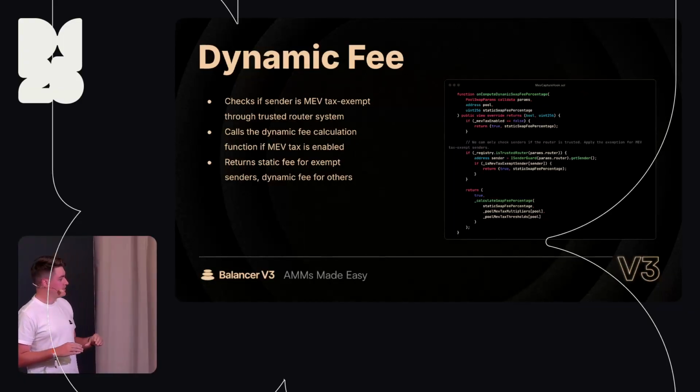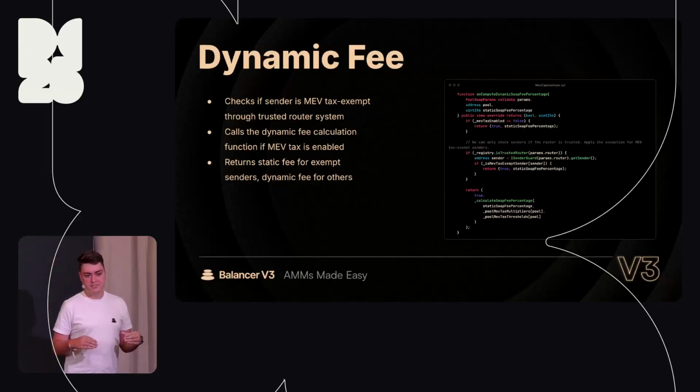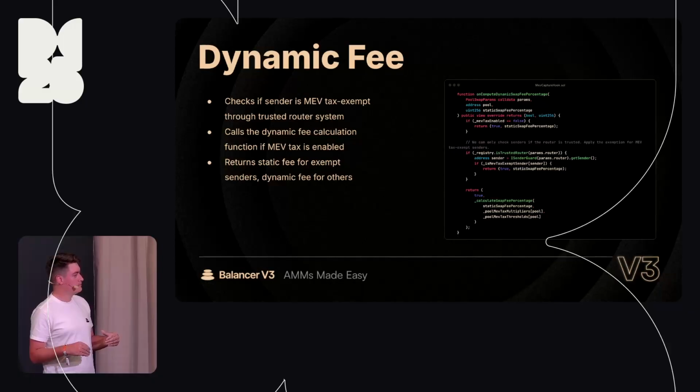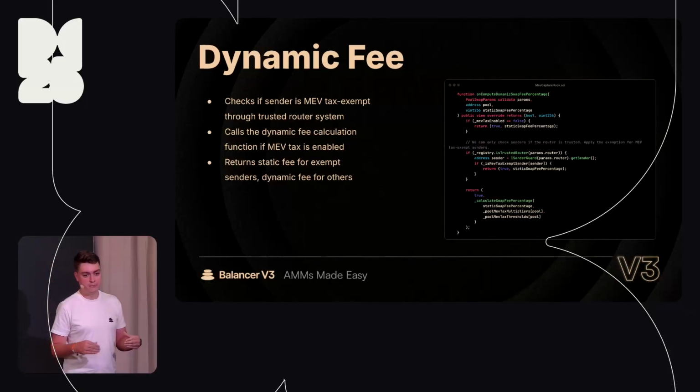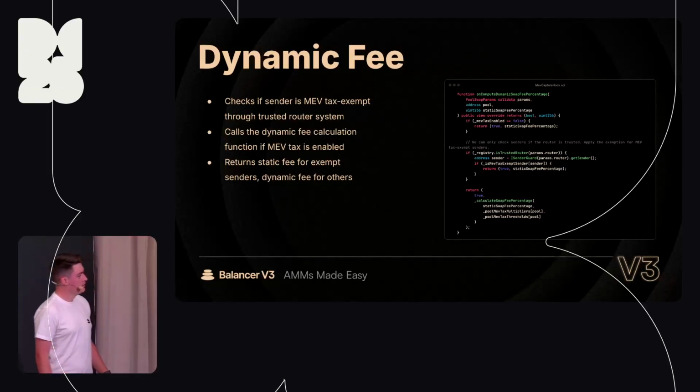So we need routers that we trust that are going to pass us the original sender, really the retail user behind that transaction. So that's why we use this concept of trusted router. That's the second thing we check on this function. If it's a trusted router, we get the sender, and then we check if the sender is one of the